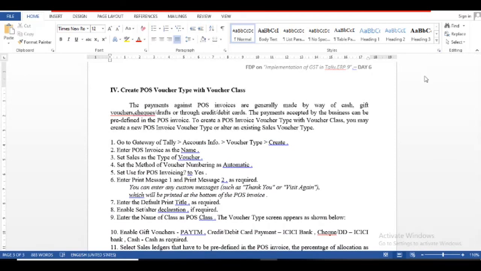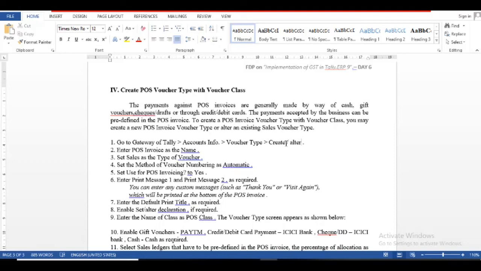Okay, first of all, the POS voucher class for the POS voucher defines some permanent structures, builds predefined structures. Same way, go to Gateway of Tally, Accounts Info, Voucher Type, create the name as POS invoice. Already we created the POS invoice, so we alter the POS invoice.